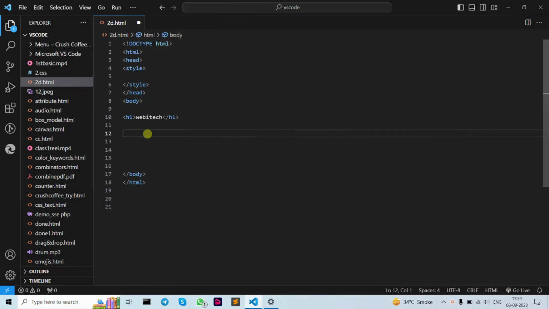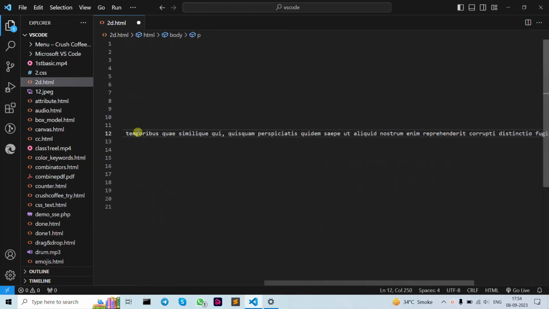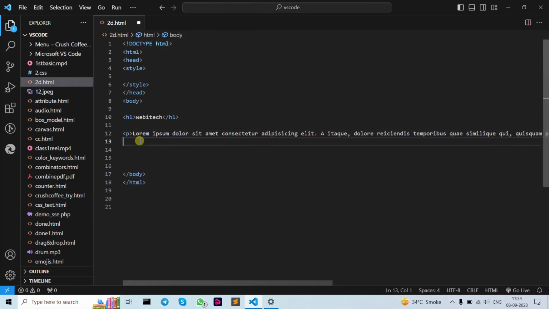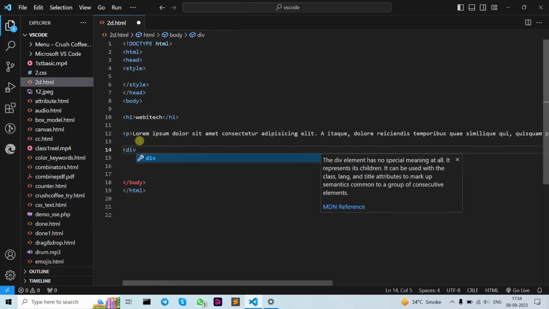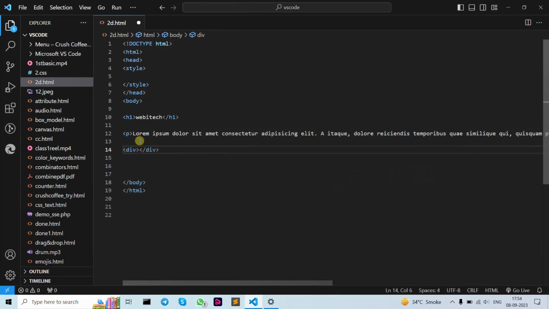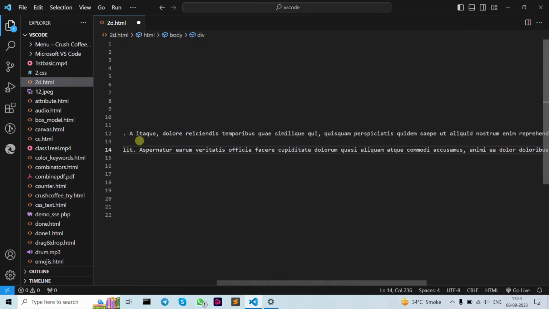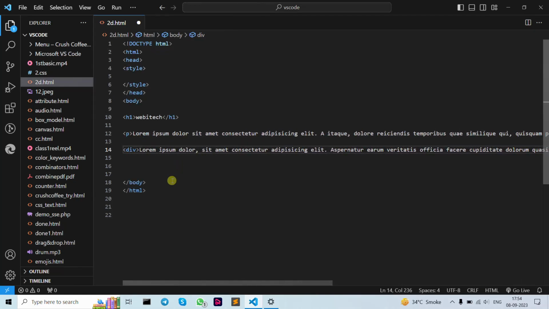Okay, let's start with our translate position. We are going to write our basic HTML here. So let's write our p tag, and I write lorem here. Then once again I write a div tag, and then I write lorem here. Okay, then save. Then we are going to write in our style tag our div